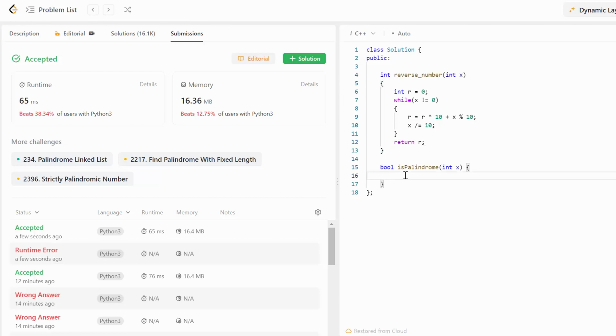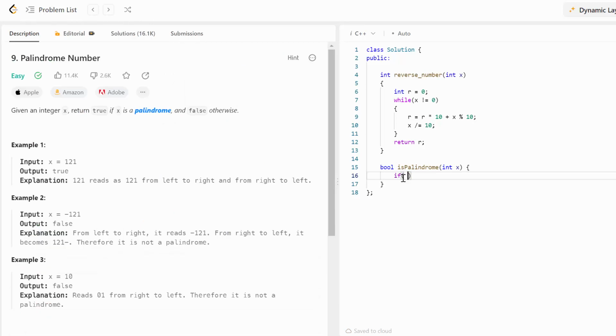And in the body of our main function is palindrome, once again, let's check that our x is negative, or x has digit 0 at the end. That means that x divided by 10 has no remainder, but don't forget that x shouldn't be 0 itself.